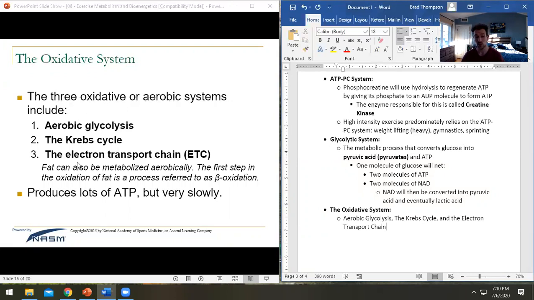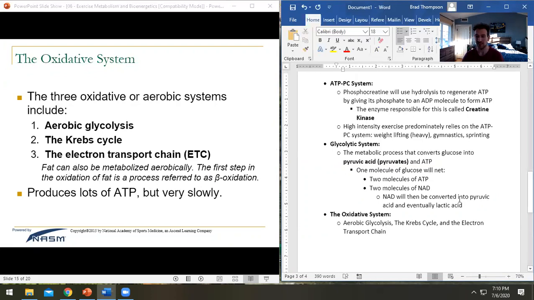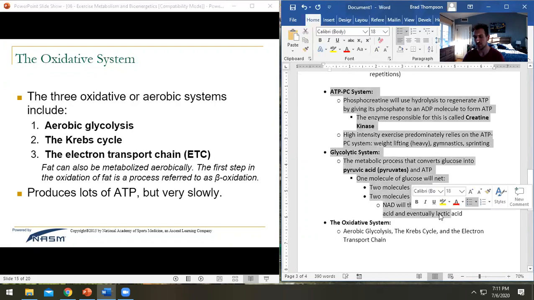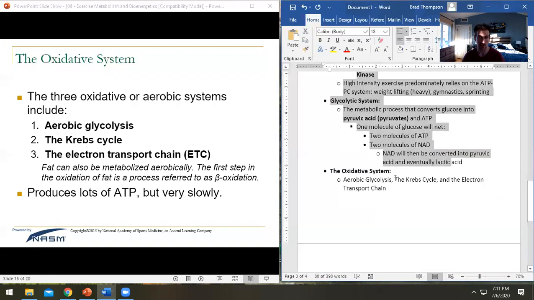So this is where we do want to mention this really quickly. Your body will start to metabolize, again, we were talking about fuel earlier, right? Both of these systems really rely on glucose as a fuel source. This long duration, low intensity stuff is actually going to rely a little bit more on fat as a fuel source. So fat can also be metabolized here. And in order to do that, it has to produce